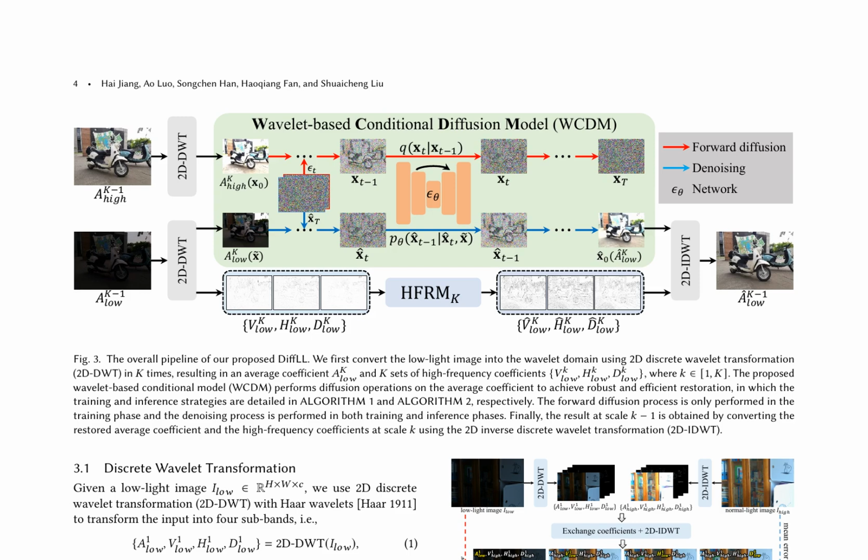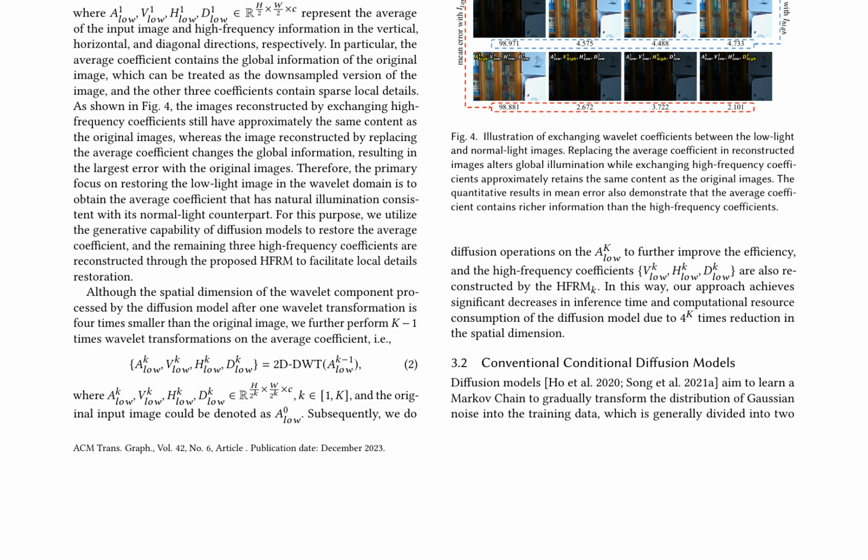The authors detail the wavelet-based conditional diffusion model, WCDM, which forms the core of their approach. They explain the training and inference strategies, including the forward diffusion process and denoising process. The use of wavelet transformation allows for a significant reduction in spatial dimension, resulting in improved efficiency and reduced computational resource consumption. The proposed method is evaluated on publicly available datasets, demonstrating state-of-the-art performance in terms of both distortion metrics